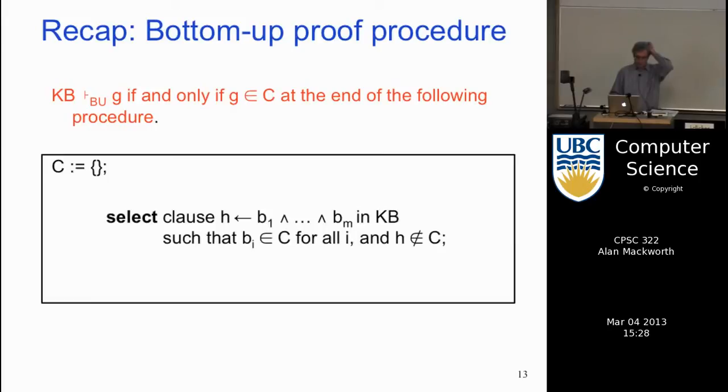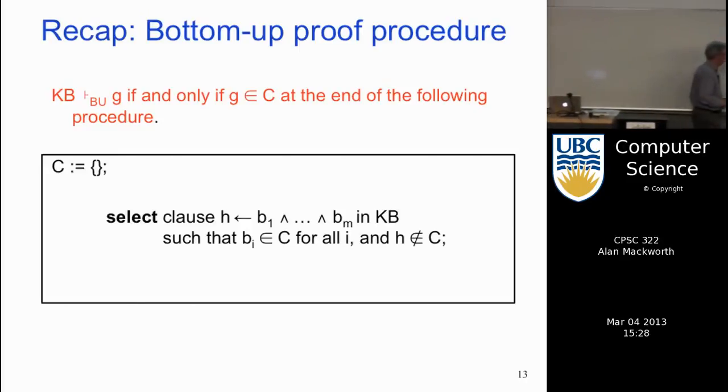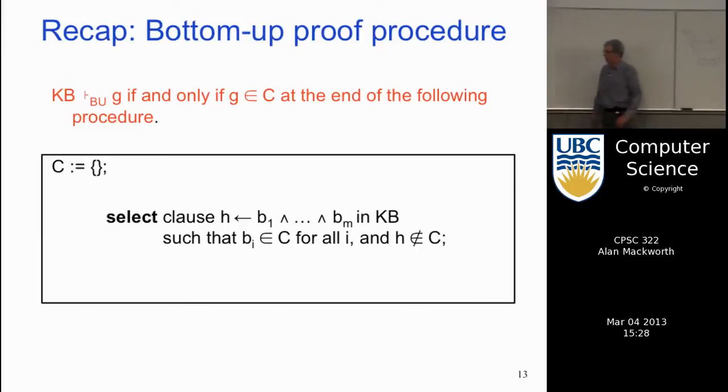So I think Giuseppe went over this extensively, the bottom-up proof procedure. You just start by saying there are no consequences of the theory, and then you just keep adding consequences in that you're forced to believe in, right? So if any single atom's in the theory, like if you just have an atom P, then you must put that into your set of consequences, right? Obviously the first thing I want to believe is P is always true in any model, because that clause has to be true in every model.